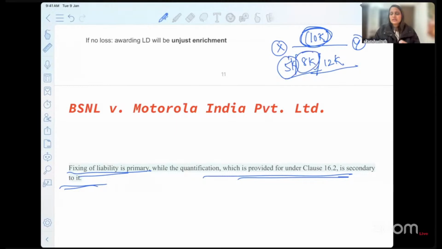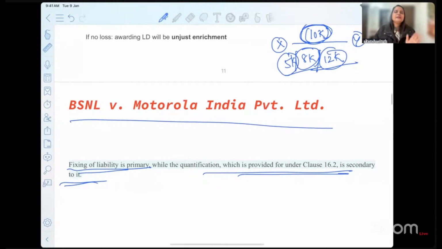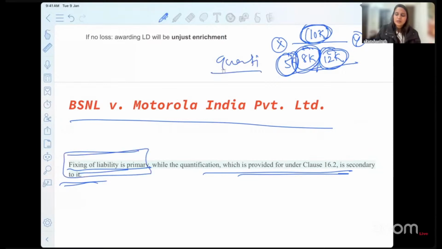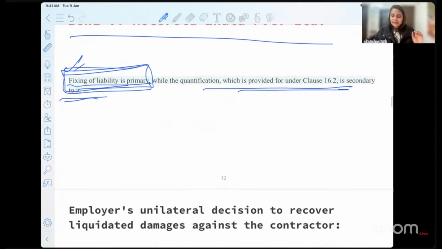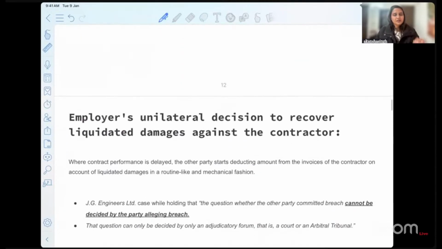It can be 5,000, 8,000, 12,000. The court in this particular case of BSNL versus Motorola said that fixing of liability is primary, and then comes quantification, that is secondary. So what will be the amount that will be given? That is a secondary question. Quantification is secondary. We have to first find out whether the person is actually liable for the wrongful act or not. So it is very important to stick to the chronology and find out, and write in your answers also that section 74 also